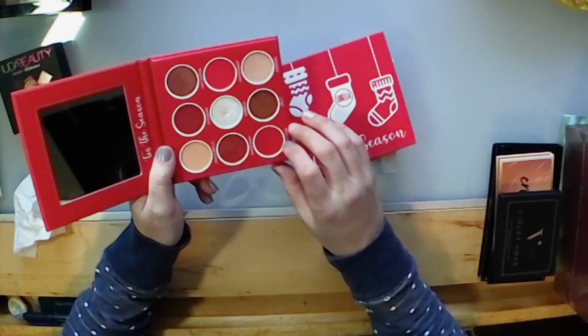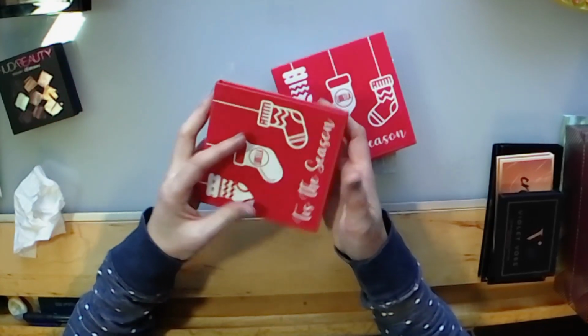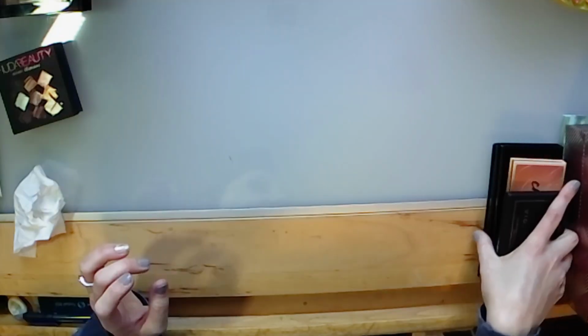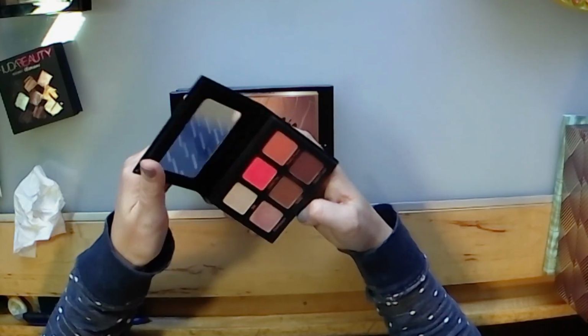The reds are actually really pigmented on this one, and I love this sparkle shade in the center here. It's just a really pretty icy white shimmer shade. All right, next from Violet Voss, we have the